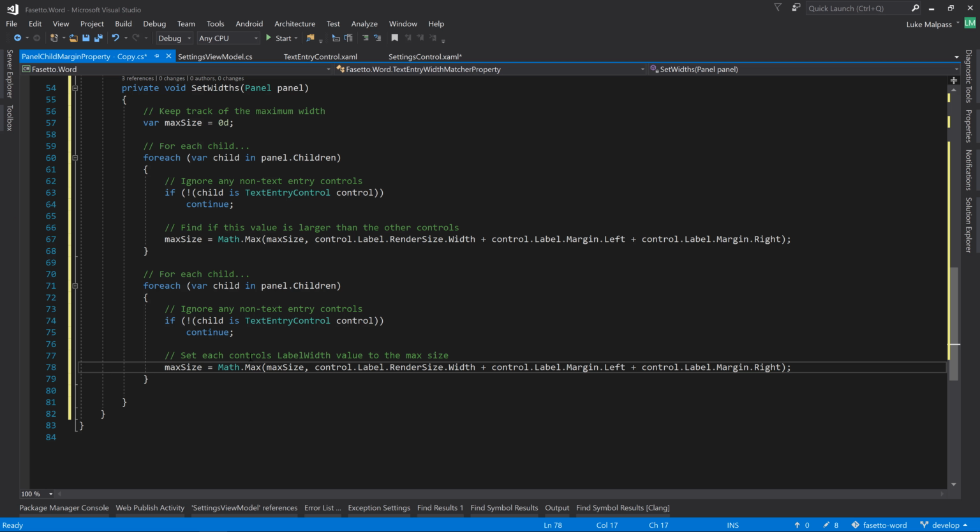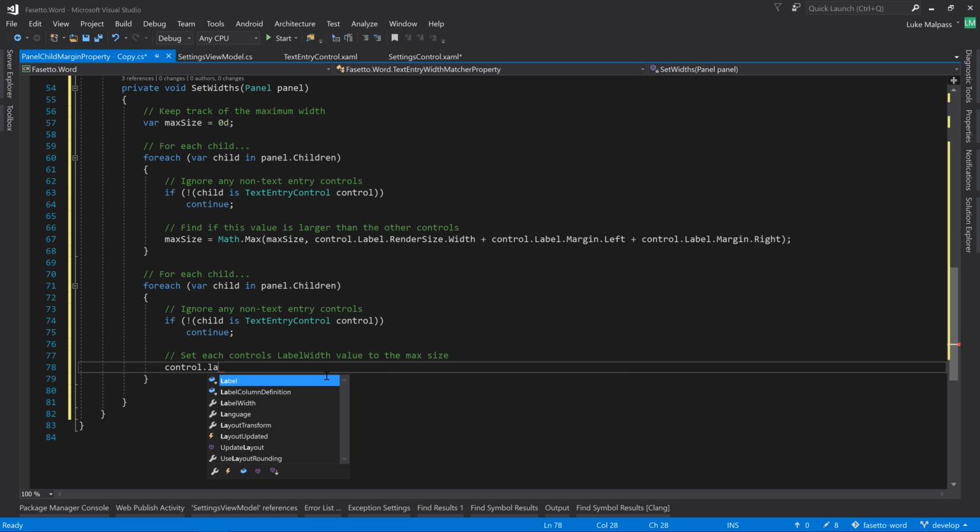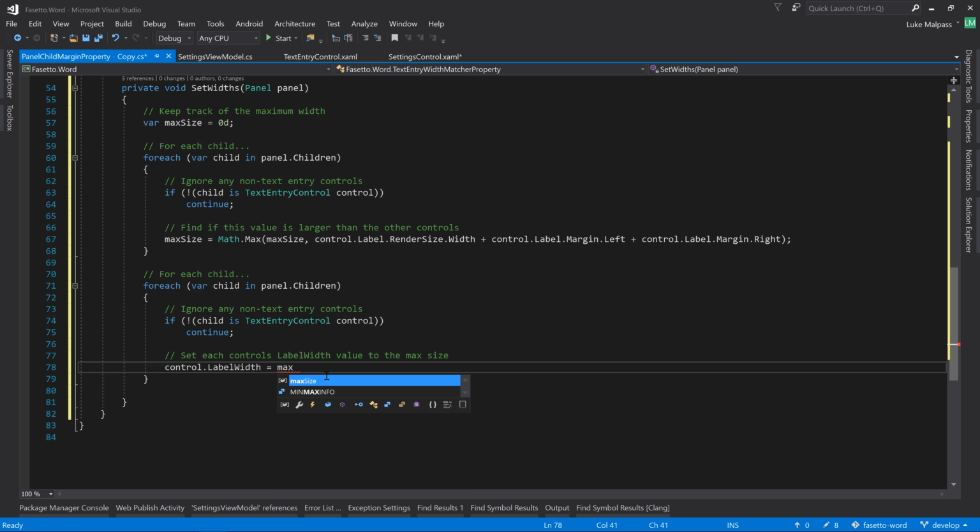So now it will be control.label width, the dependency property, equals max size. And that needs to be a grid length. So we actually need to do a